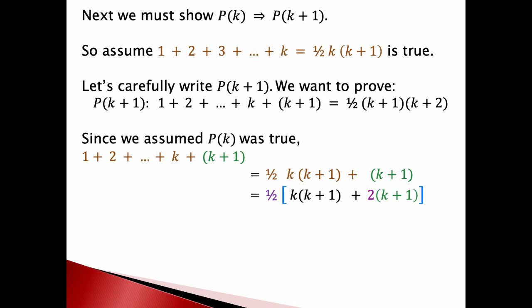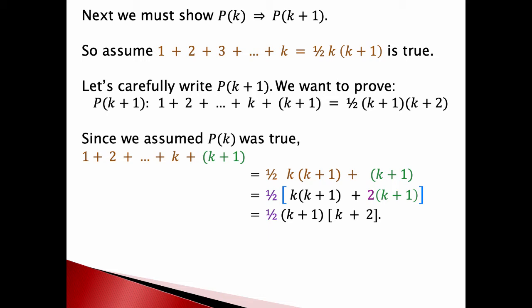If you start with the last line there, I could factor out a black k plus 1 from the first term, and the green k plus 1 from the second term. So if I factor out the k plus 1 term, that just leaves me with k plus my purple 2, and that's exactly what I wanted. So that was really easy. All I have to do is